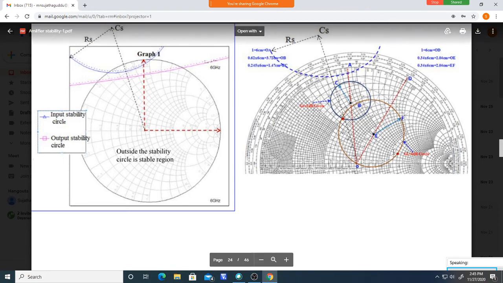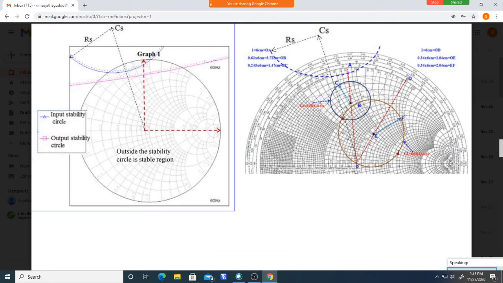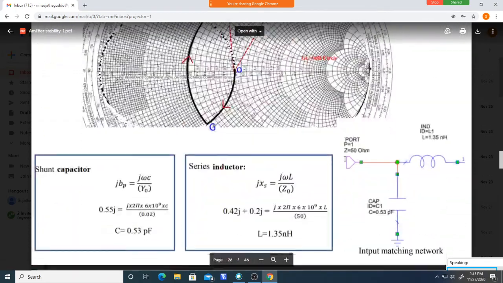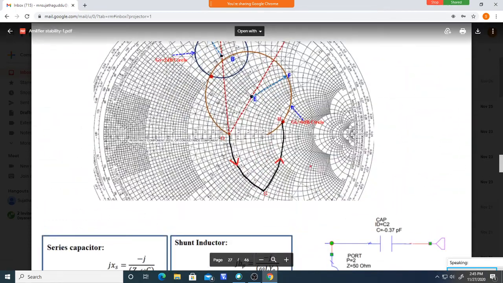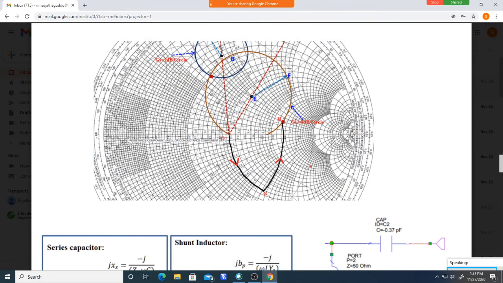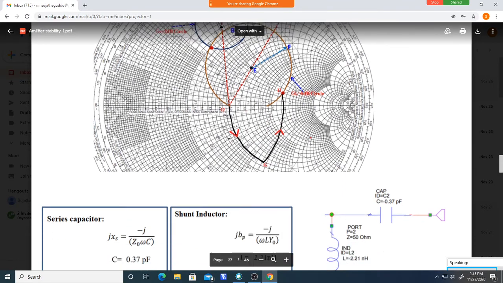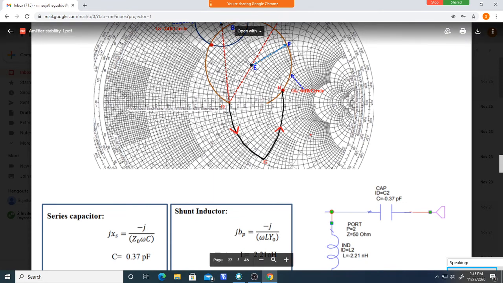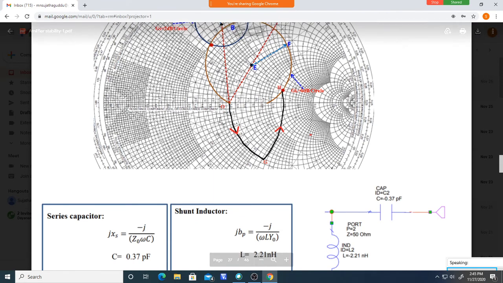Okay, so this point I have taken, and now design the impedance matching network for this. So that is here. See here, I have taken this point. Okay, so again you start from the center of the Smith chart and reach this point. Here you should move on the constant resistance circle, the R is equal to 1 circle.